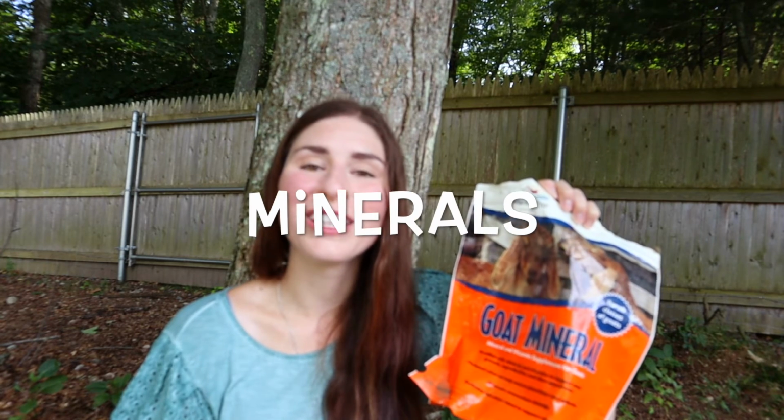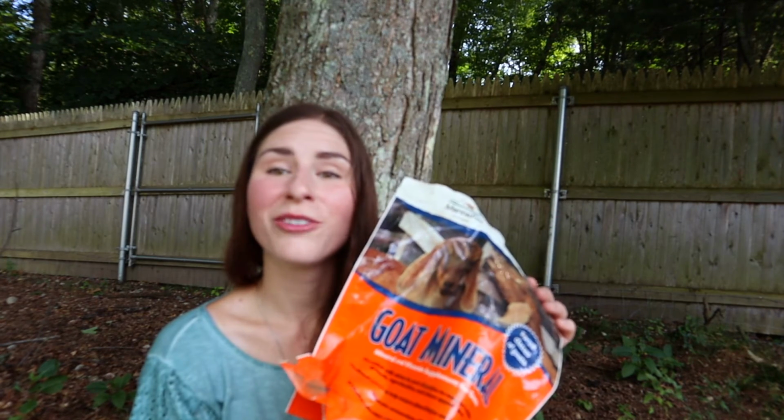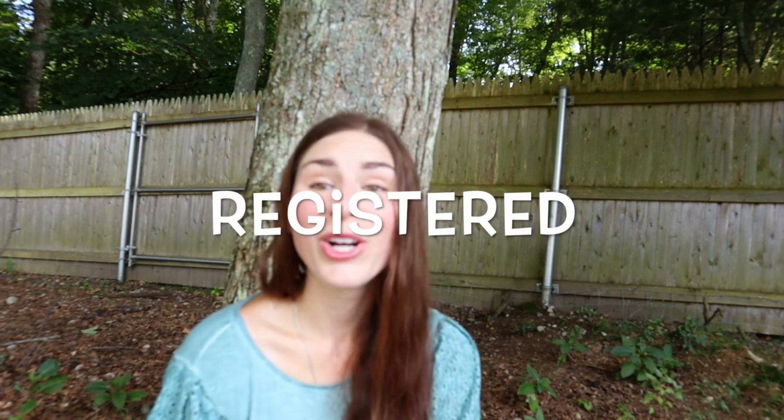Term number 29, minerals, an inorganic group of nutrients like calcium, phosphorus. Your goats need this. This is something you offer them free choice, that they can grab whenever they need it. Term number 30, registered. A goat that has the certification from an accredited goat association showing that they are purebred. For example, my goats are registered through the American Dairy Goat Association, so they get paperwork showing that they are registered purebreds. All the basic goat terminology so that you are ready to...